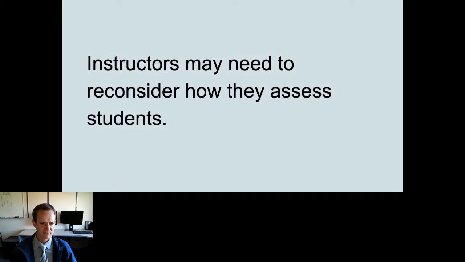And I kind of already mentioned this, but instructors, I think, also now need to reconsider how they assess students. So at least on exams, if you want your students to demonstrate that they actually do have programming skills, you need to assess them in an environment that requires them to demonstrate mastery of those skills. At our university, we have a building where students aren't able to access the internet, and they have to go in and solve these programming problems without outside help. I think that large language models can be an educational resource, but as I mentioned earlier, it's still important that they develop those skills independently.